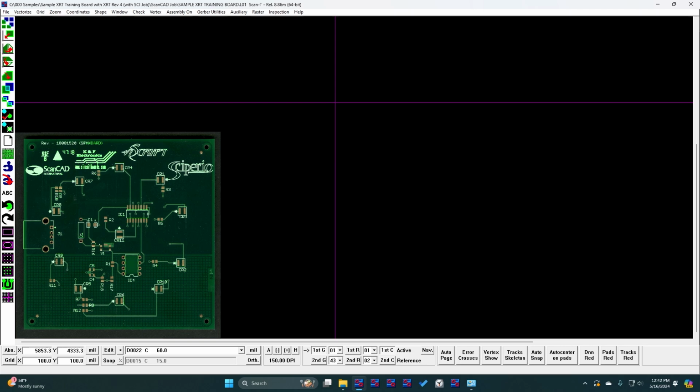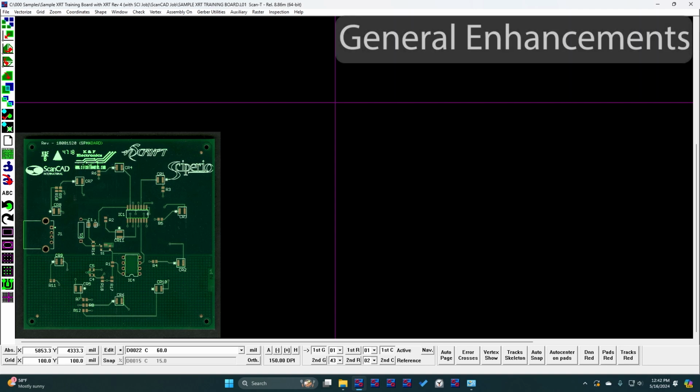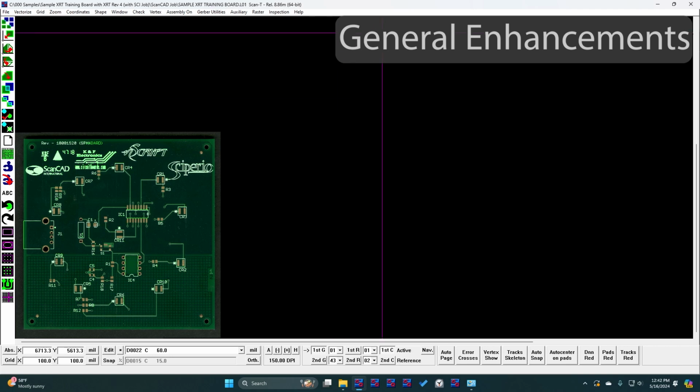We'll start off with general items that impact both inspection and reverse engineering workflows, and then we'll move into our inspection items, and then we'll close out with our reverse engineering items, just to help you navigate this a little bit more easily. So starting off with our first general item, and this is a pretty major one,